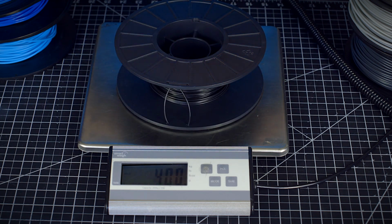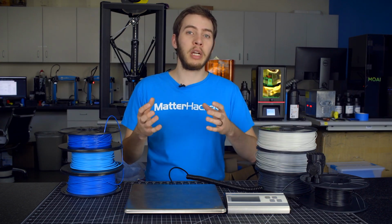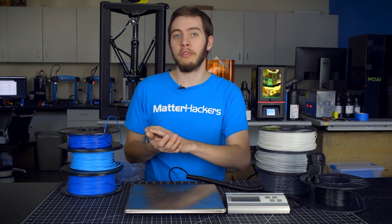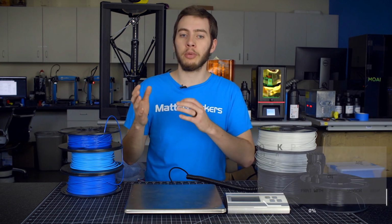So with this spool here, there's only 50 grams of filament on it. This method isn't 100% perfect, but it does a pretty good job. There are some variables that you just can't account for, so if you have 51 grams of filament but you need 50, that seems like you have enough, but that's such a close margin,